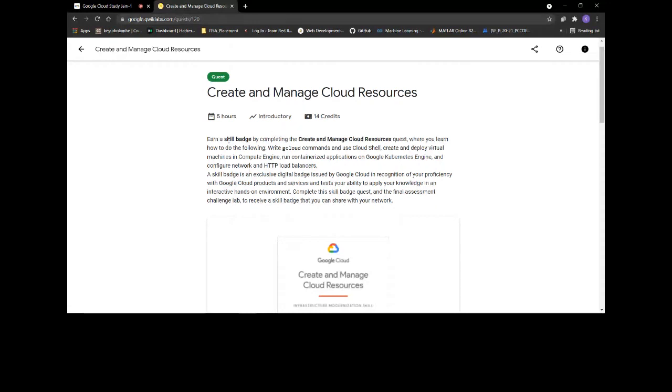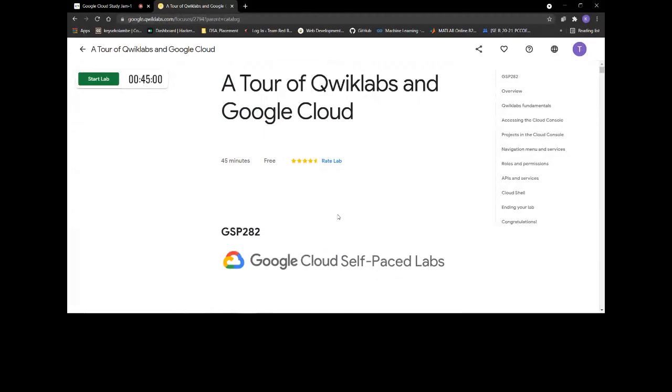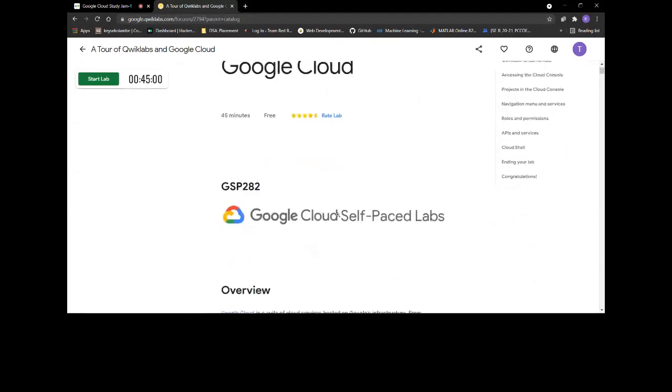After completing the first lab, that is on the screen itself, you will be able to see the tour of Quick Labs and Google Cloud. You have to just start this lab, there is not even a single point for this lab. So in this lab, we are actually exploring different sections of the Google Cloud platform. After starting this lab, even if you keep the lab started for minimum 5 minutes, but I do not suggest that you explore all the things mentioned in the lab. And after exploring the Google Cloud platform, you end the lab, you will get your monthly subscription. This is the first lab of the first quest itself that you have to do. So after completing this lab, you will gain your monthly subscription.